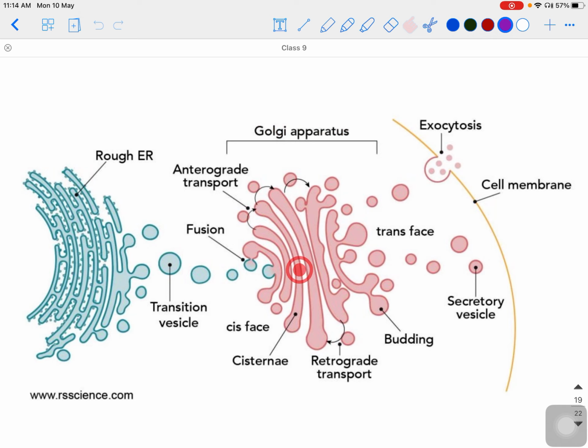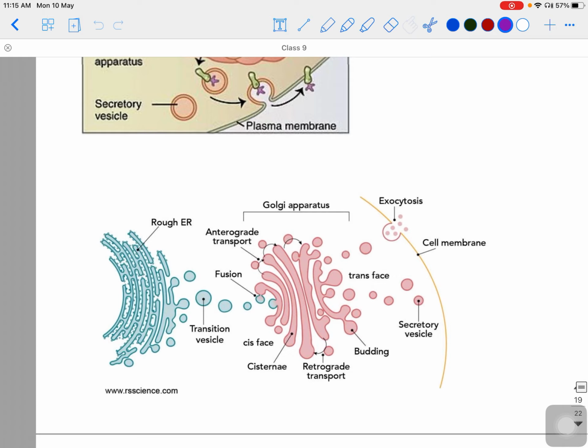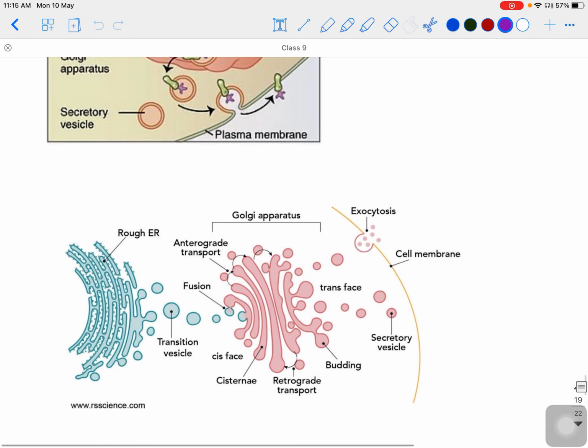Inside the Golgi apparatus, some changes are done to these proteins, and then the mature protein, fully functional protein, comes out in vesicles. They come out of Golgi apparatus in these vesicles. Now these vesicles can stay here in the cell or they can go out of the cell as well. So moving out of these proteins is called exocytosis, which is the opposite of endocytosis. So this is Golgi apparatus.